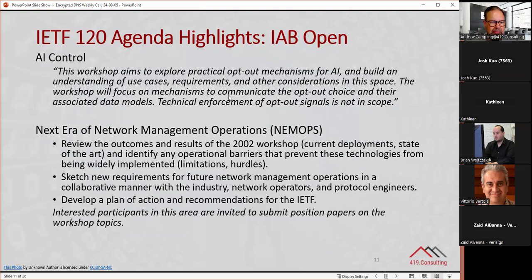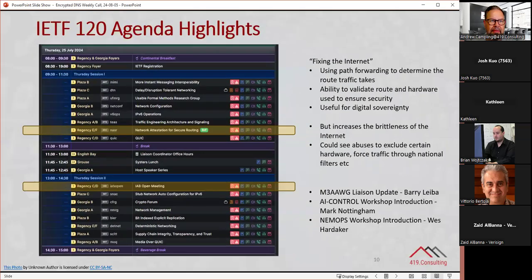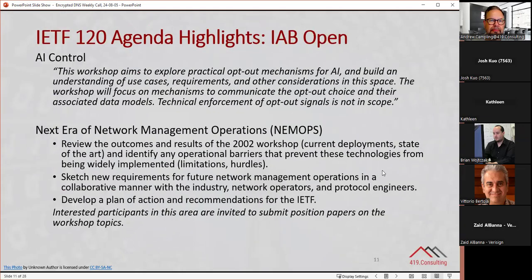Again, I'll just pause there in case anyone had anything else. Sorry, I didn't mean to skip over the slide. Apologies. Anything else to add on either the IAB Open or anything else from the first 2 sessions on Thursday? Not necessarily those that I've just covered. Again, just unmute and speak or pop something in the chat if that's easier. I'll give you a few seconds to do that, otherwise I'll move on. I'm not seeing anything, so I'll assume not, and we'll move on.